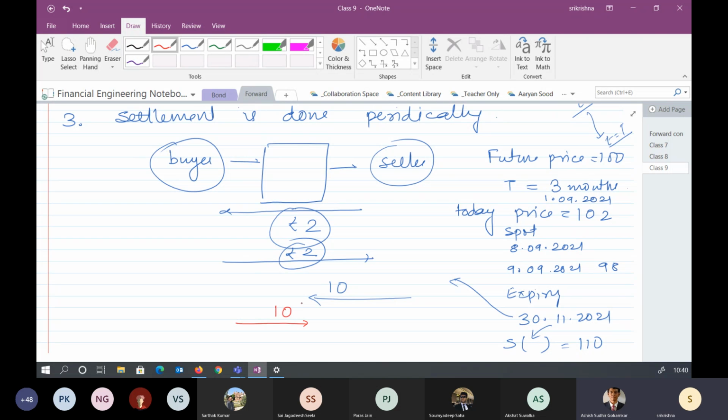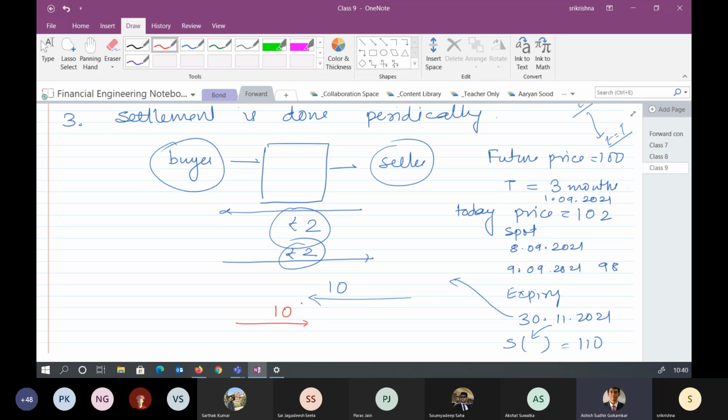Each day, if the settlement is being done each day, then at the end of the day, before the ending of the day, yes. So let's say the buyer paid 10 rupees to the seller, and on the next morning, would the price be reset to 100, because we have already transacted the 10? The base price which we are looking for, who is going to pay, buyer or seller, will remain at 100.